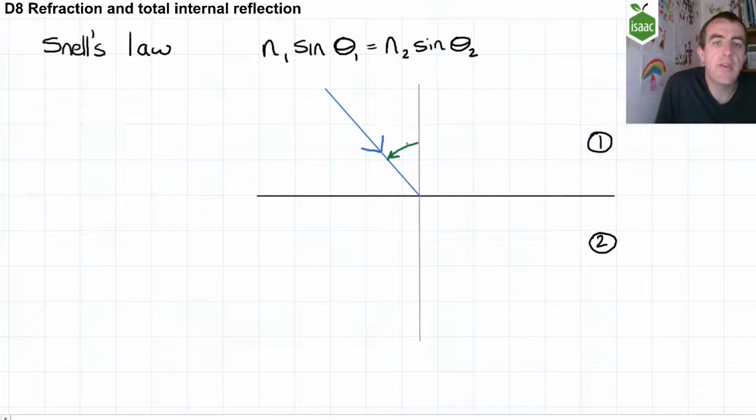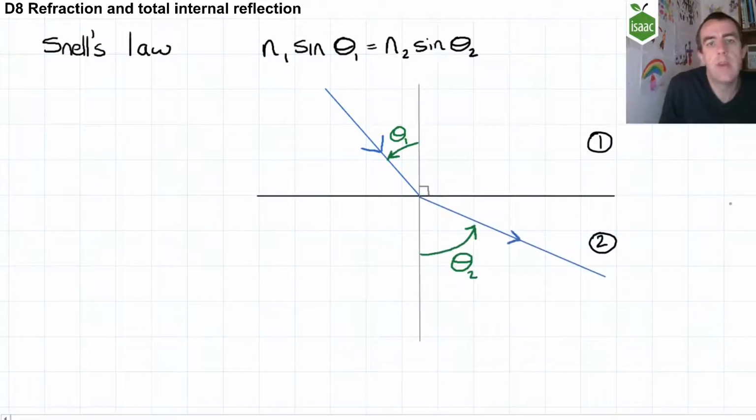In optics, angles are always measured from the normal. So here we have the angle theta in medium 1. We'll call that theta 1. The normal is an imaginary line that passes through the medium boundary at 90 degrees to the medium boundary. The ray can refract, and as you can see in this diagram, the ray has refracted away from the normal. That is to say, theta 2 is larger than theta 1, but it depends on the refractive indices of these